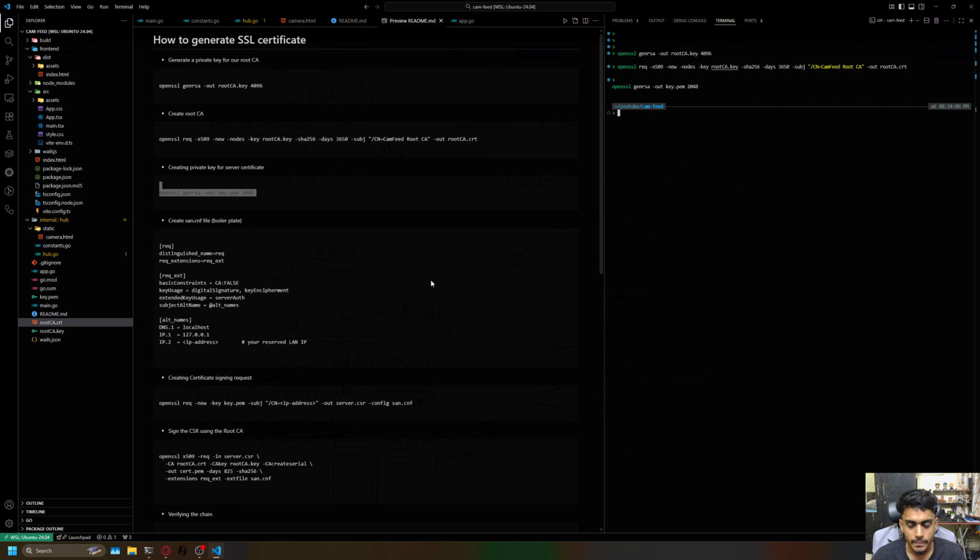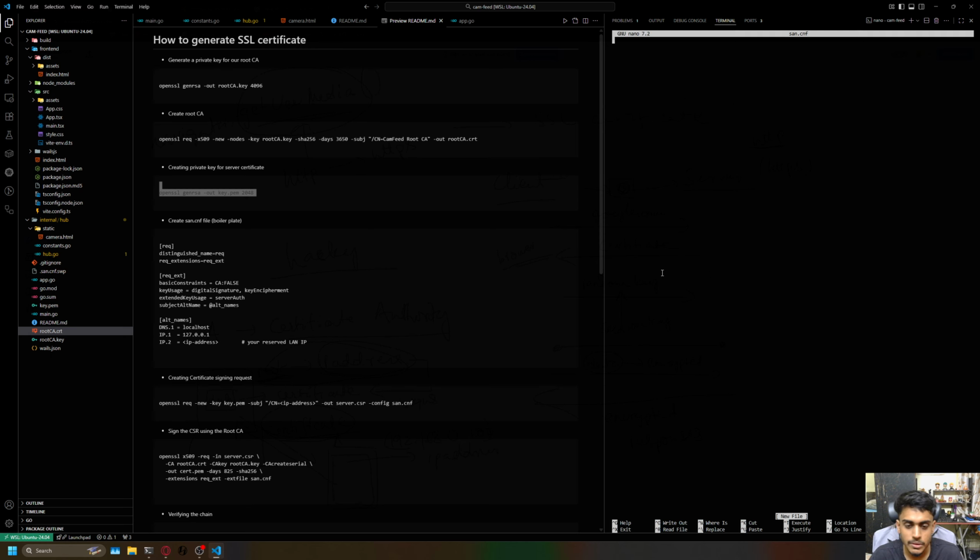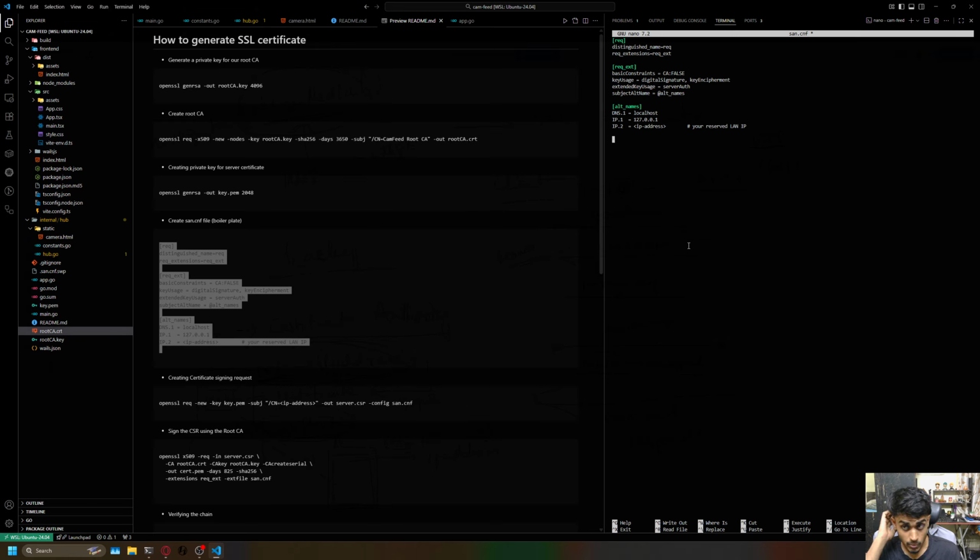So let me just create this file, nano san.conf. I'll just copy paste this. So we have to create a request that, hey, I need to create a PEM file, which is the certificate file, and I will ask my root authority, hey, can you please sign it. These are some standard settings. I will not go through it, but essentially what I am doing, you can see in the alternative name,